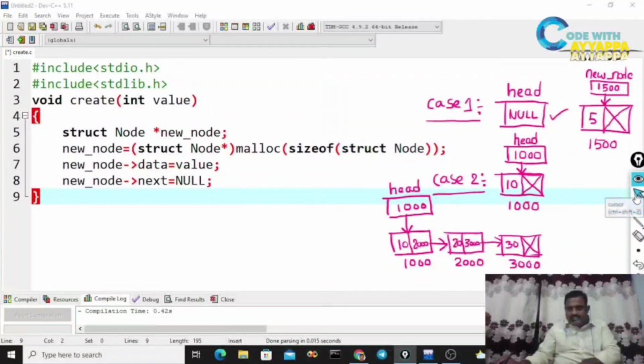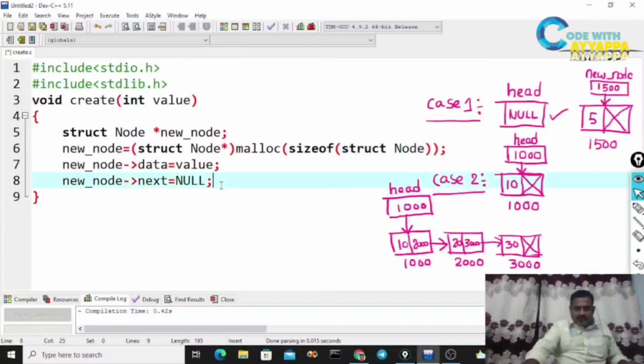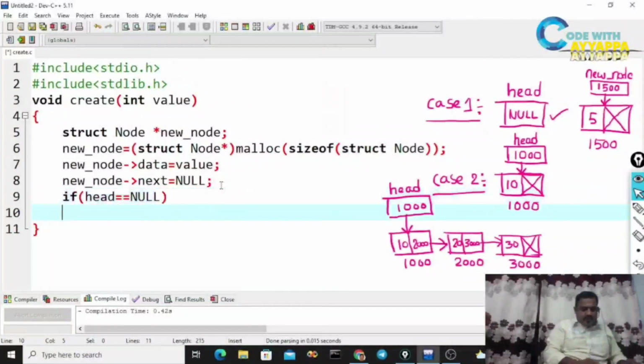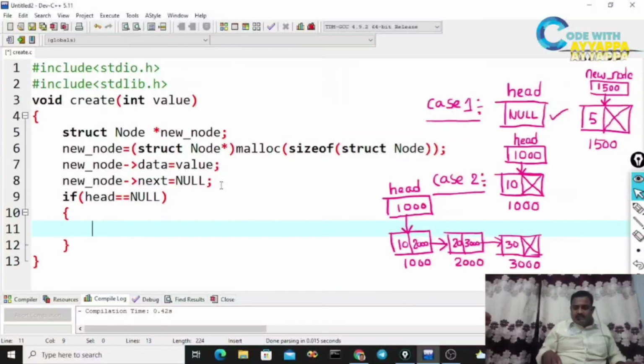Now observe case 1. In case 1, what do we have to do? We have to check whether the linked list is empty or not. How to check whether the linked list is empty? If head double equal to null. What is the meaning? If head is double equal to null, the linked list is empty.